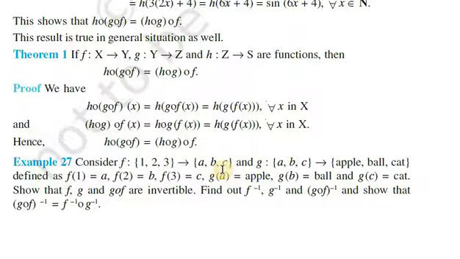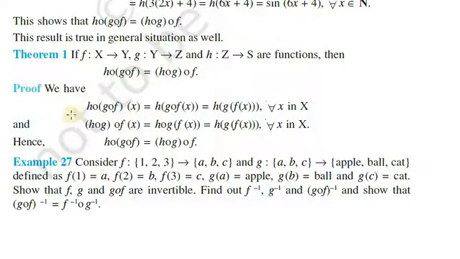Okay, this is the theorem which is inspired by the above example. This is not very tough. We have to show that 2 functions are equal, and 2 functions will be equal if their functional values are equal. So it is h of g of f of x and h of g of f of x. They are very simple. Actually, you can just change the brackets and see the definition. You just apply the definition.